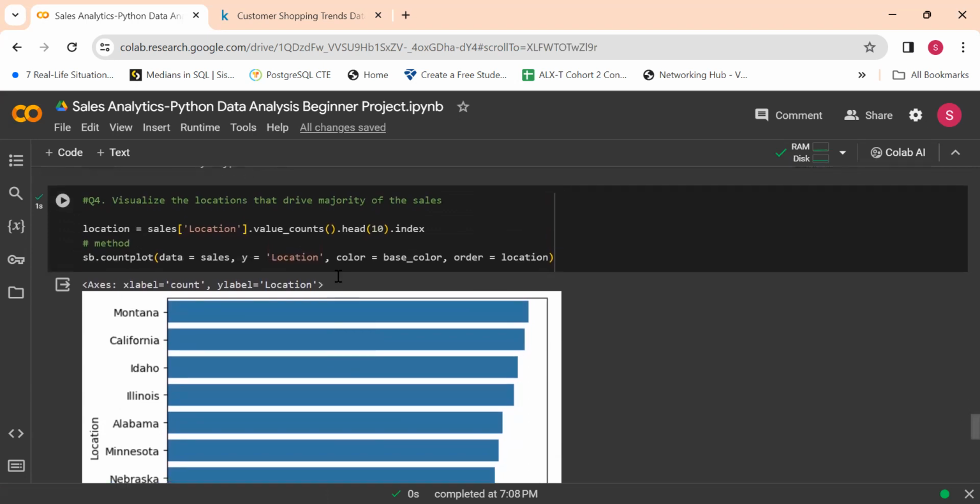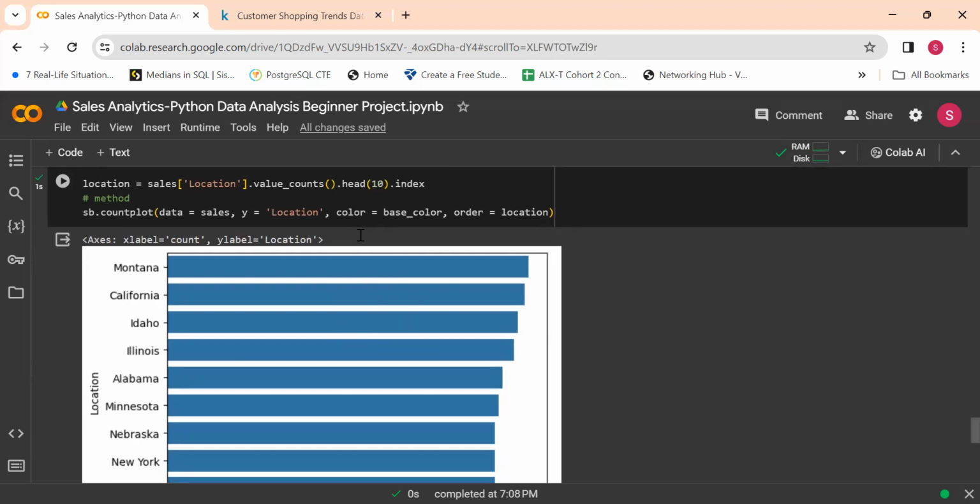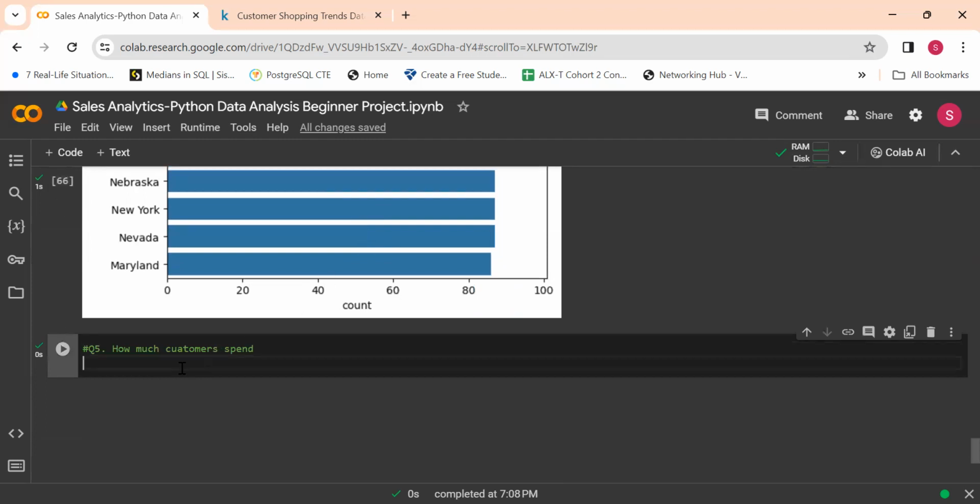There are too many, very messy, so you could minimize because most of the time you either care about the bottom 10 or top 10. Because bottom 10, you want to probably optimize and get them up. Top 10, you want to make sure they're having a good experience and maintaining them. But yeah, we are already done with visualizing locations that drive majority of the sales. You could visualize, or you could use group by or value counts and just list them. So the last question that we're doing is how much on average